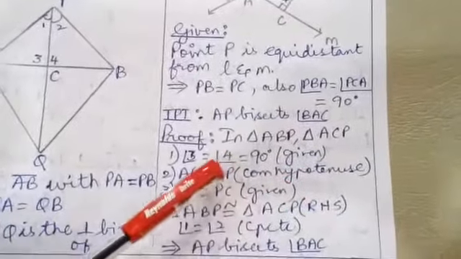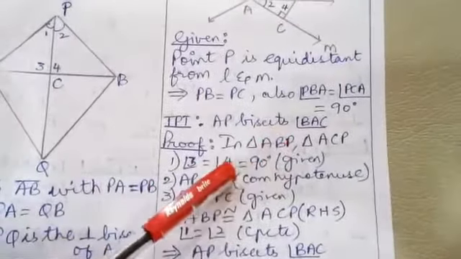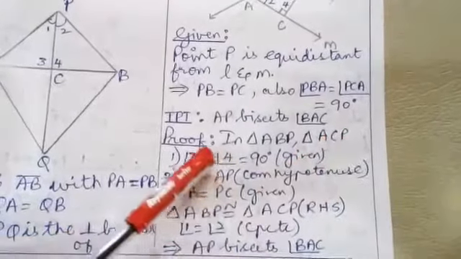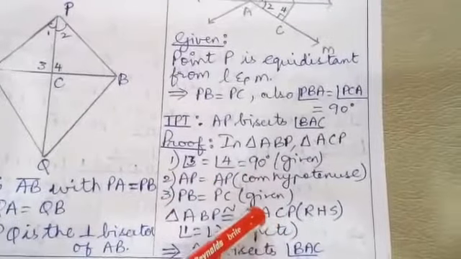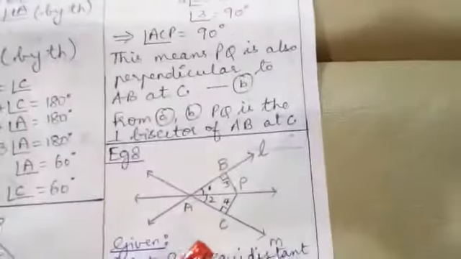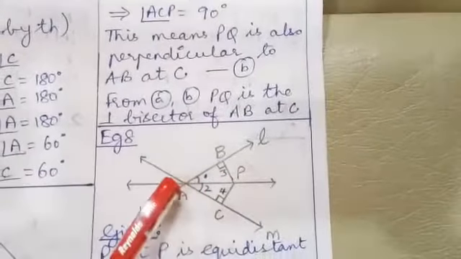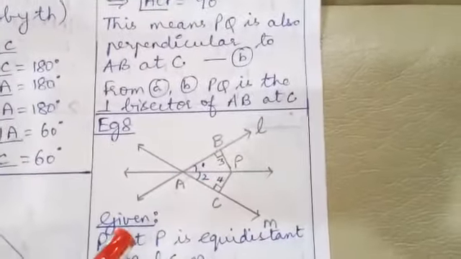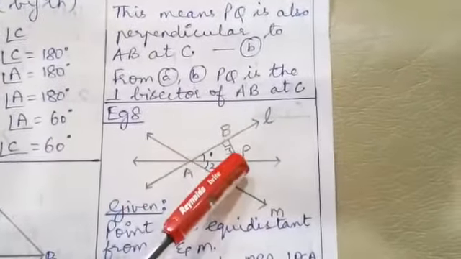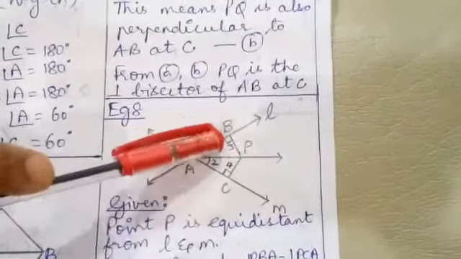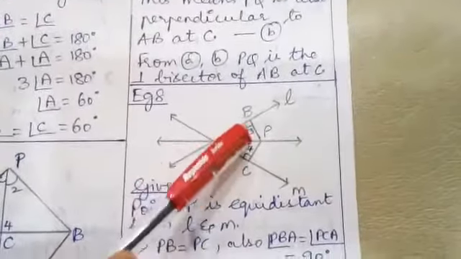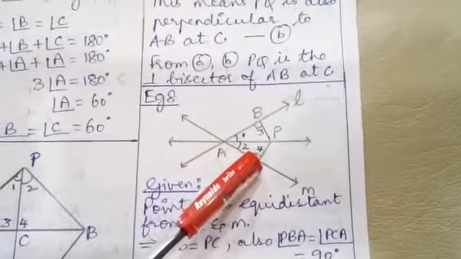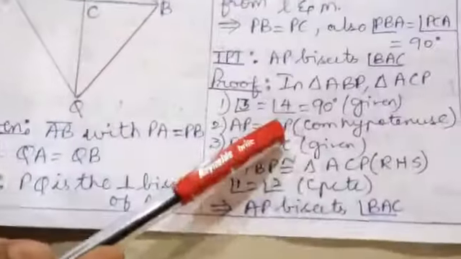We know that angle 3 of this triangle equals angle 4 of this triangle, because each angle measures 90 degrees. AP is a side common to both the triangles. What can we say about AP? AP is the side opposite to the right angles in the two triangles, correct? AP is the side opposite to angle 3 in the first triangle, and also the side opposite to angle 4 in the second triangle. So AP is the hypotenuse in both the triangles. So AP equals AP, the common side, or the common hypotenuse.